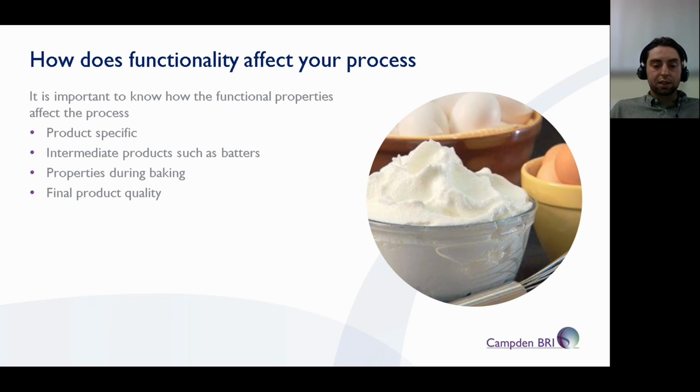So all of the analysis that I've shown you, the gelling, emulsification, and aeration, is important to be able to understand the physical properties of your batters and be able to monitor those. So you may monitor batter viscosity, you may be able to monitor batter density, batter rheology, so we can